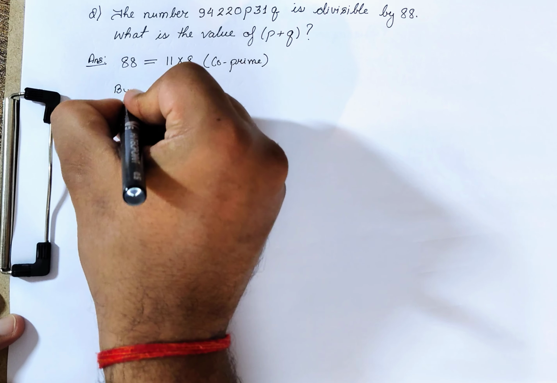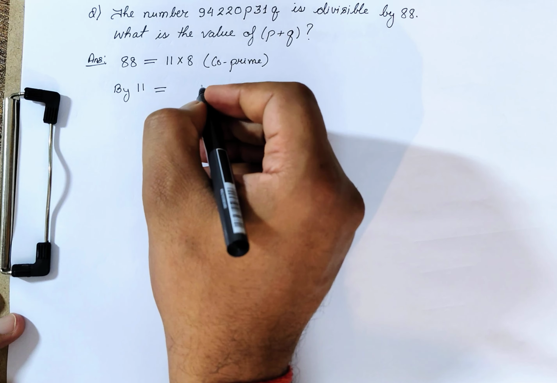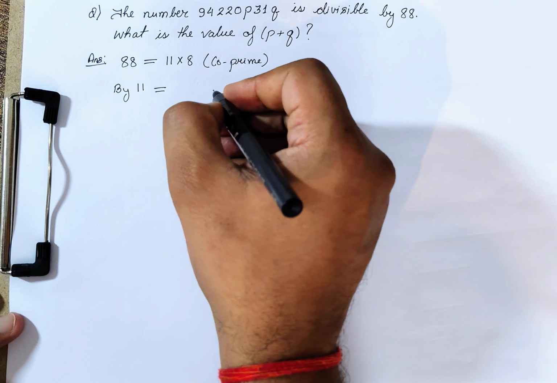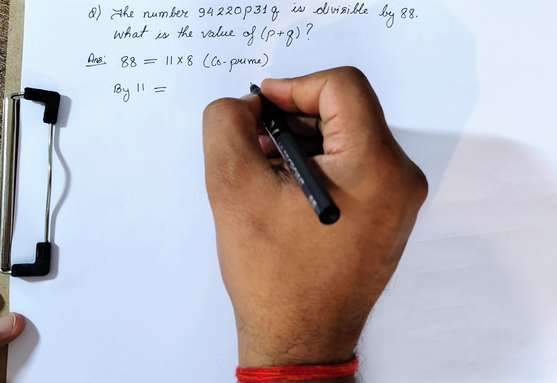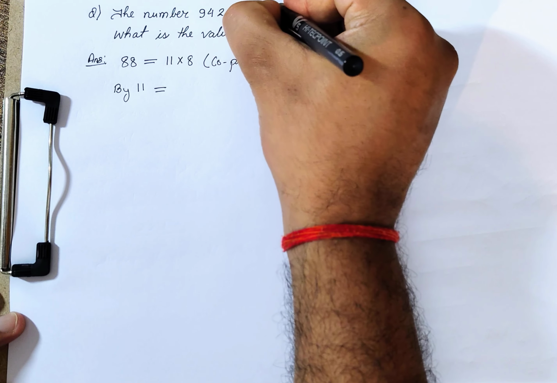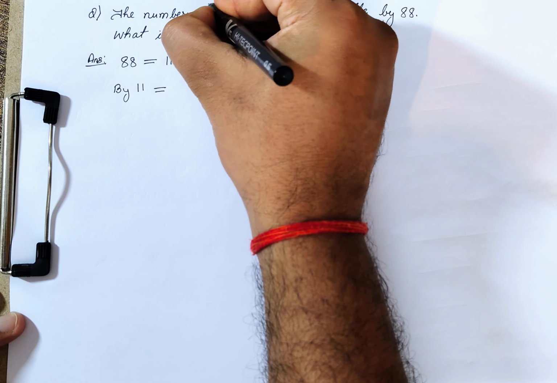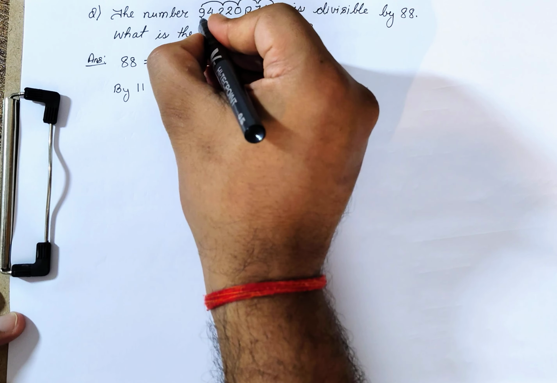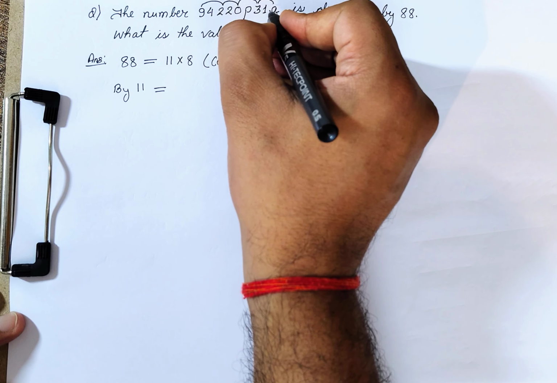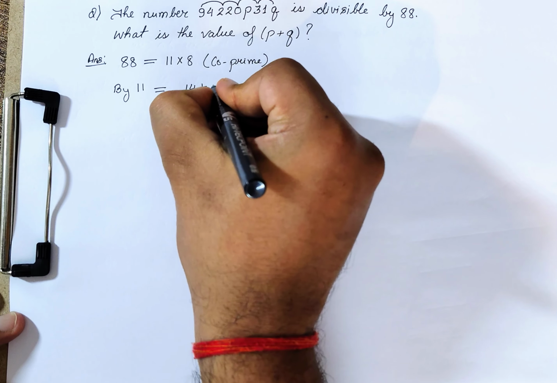Now we will see the divisibility rule by 11. So we know the divisibility rule of 11. The difference between the sum of digits at the odd places when counted from right minus the sum of digits at the even places when counted from right. So we will count it first here. So sum of this is 9 plus 2, 11, plus 3, 14, Q, right? So we can write it 14 plus Q